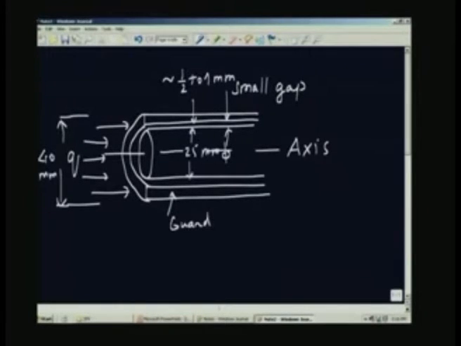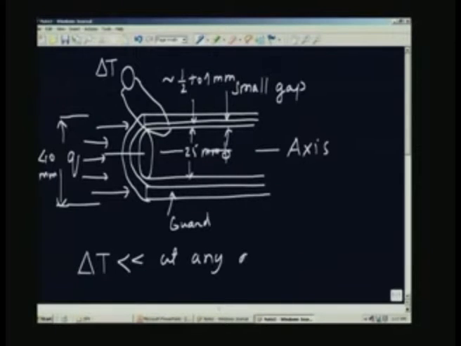It will set up a temperature field in the guard as well as the cylinder, and if these two are made of the same material, more or less similar temperature profiles will prevail in the two of them. Okay. Therefore, across the gap, so if you were to connect a thermocouple pair across the gap, so if I measure the delta T is very small, at any axial location, because the guard